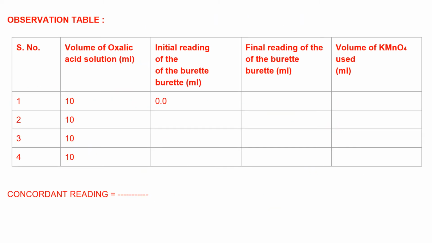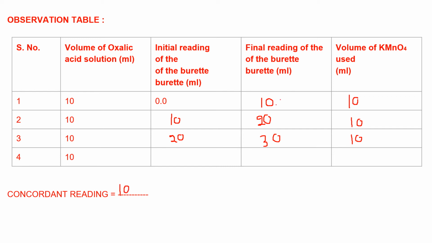Same way, make the table on the left hand side, just opposite to the procedure. Note down the readings. Suppose here you are getting 10 ml, final reading. So the difference will be 10 minus 0, that is 10. And for this, the initial would be 10 now. Suppose I get 20 here. If I'm doing it nicely, I'll get the same reading. So the concordant reading, exactly the same reading that I'm getting, is 10. The difference is 10. So my concordant reading becomes 10.